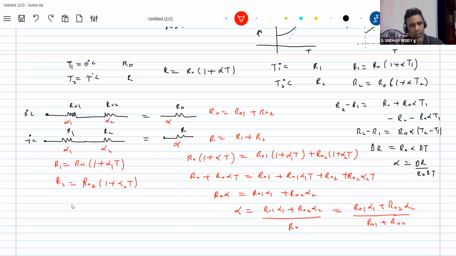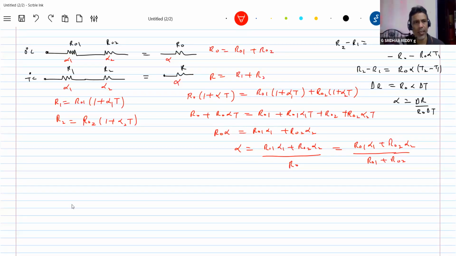Are you able to understand what I'm discussing? I can measure R1 and R2 and say, okay, this is the value of R. Suppose I can't measure R1 and R2, but I know alpha 1, alpha 2, T, and R01, R02. Then there's a better formula I can apply. I substitute this value of alpha here. Then I know R0, and I can get the resistance at higher temperature. And similarly, we'll go for the parallel one.